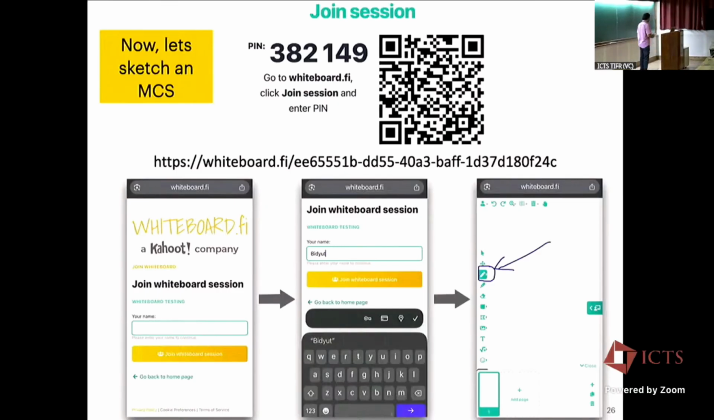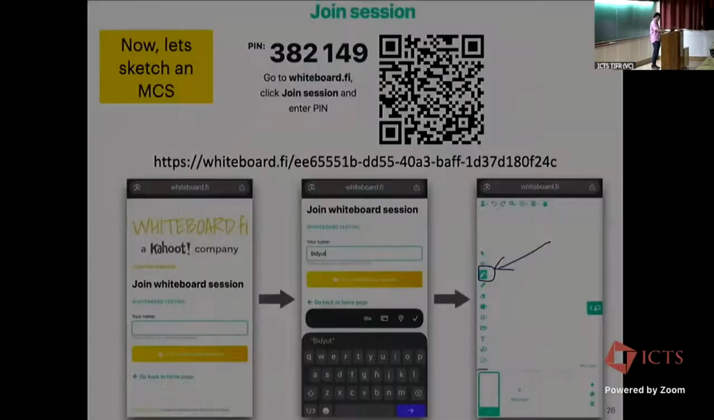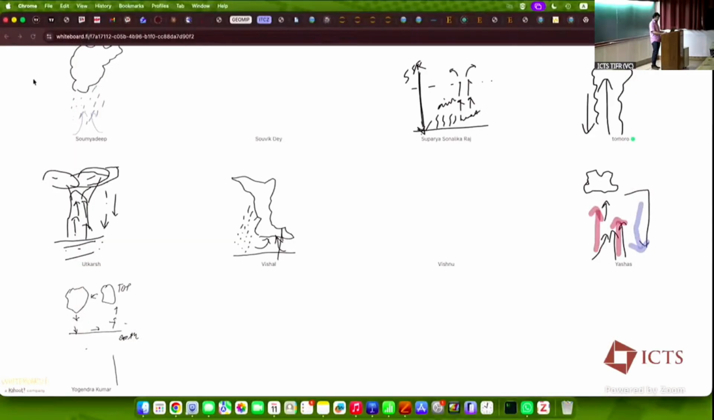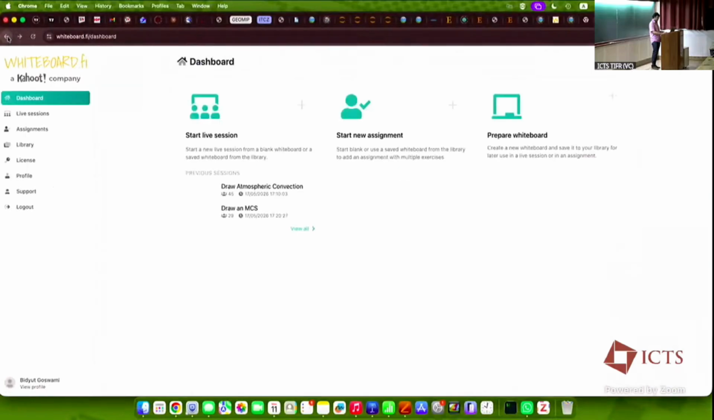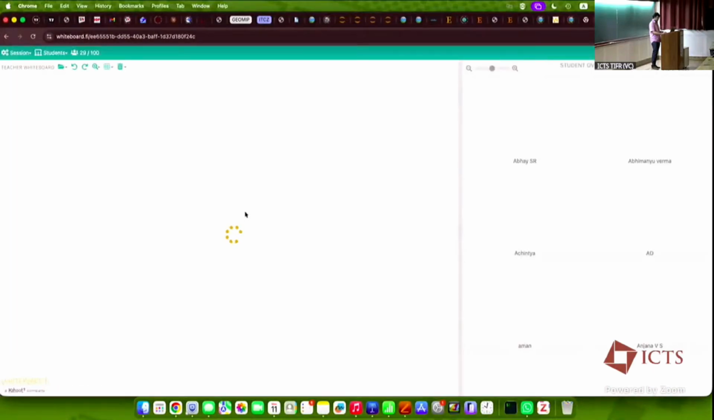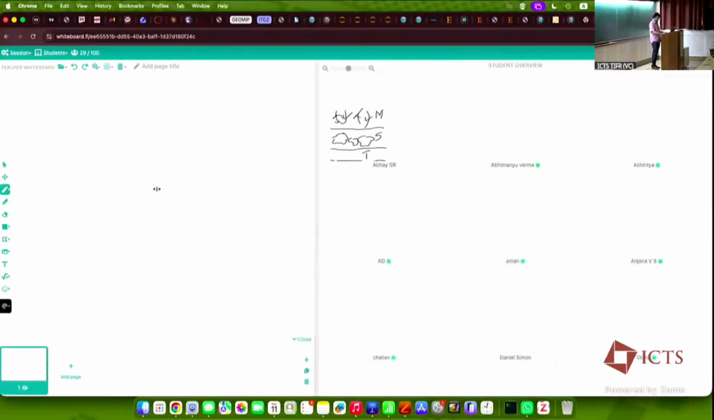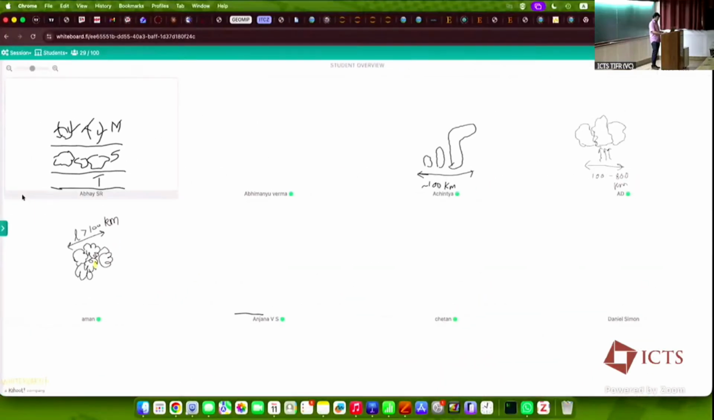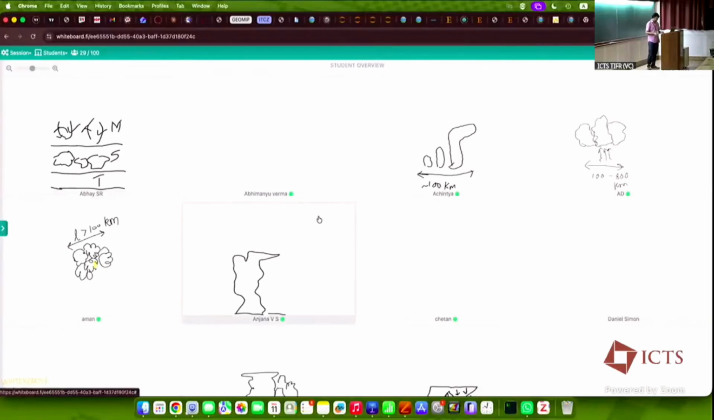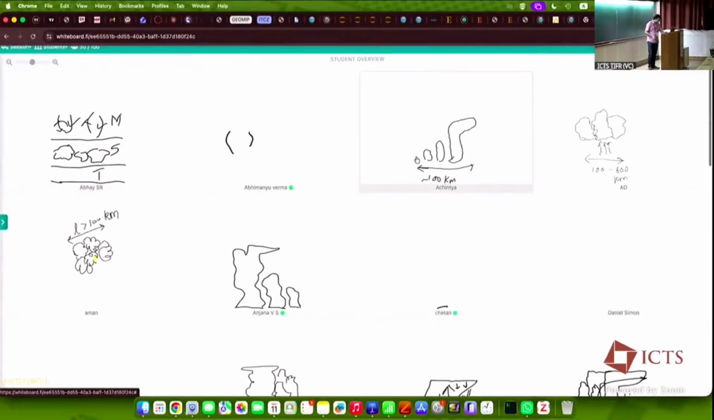Okay, so I guess we are again ready with some interesting plots. Okay. So this is a cluster of cloud, I guess. There are some different cloud types. Okay, so I'll just,